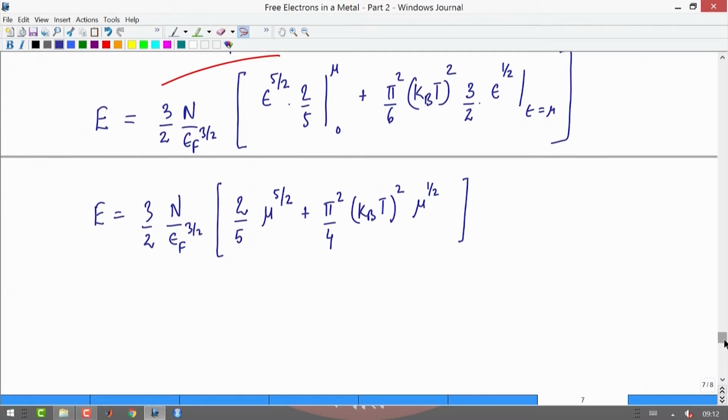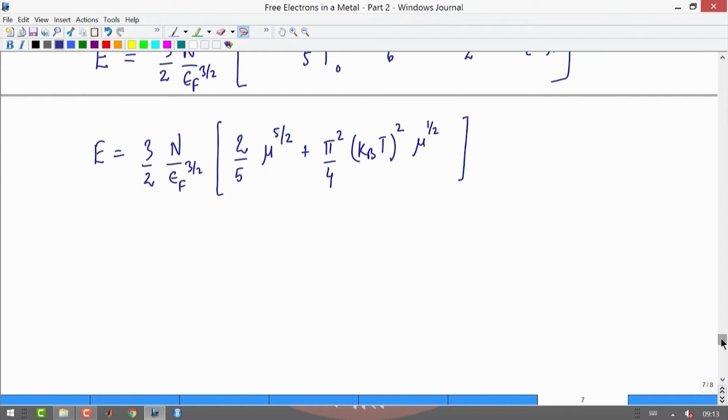So, one final hurdle before we derive the expression for heat capacity is to simplify this expression. So, what I am going to do now is just rearrange the terms a little bit here. So, what I will do is I will pull out a factor of 2 by 5 also from the bracket, and that will make the prefactor outside as 3 by 5 into n to the power